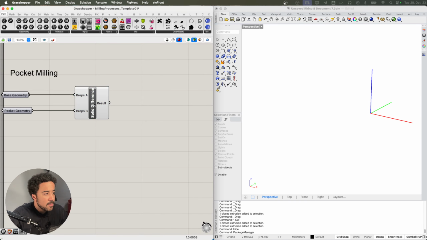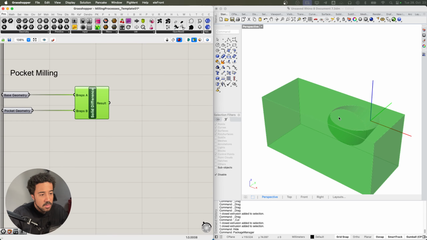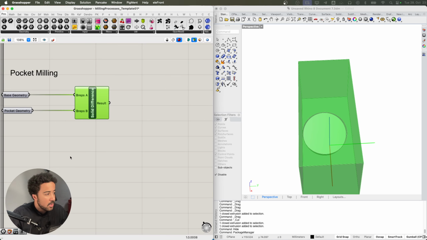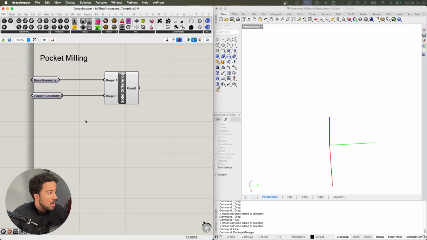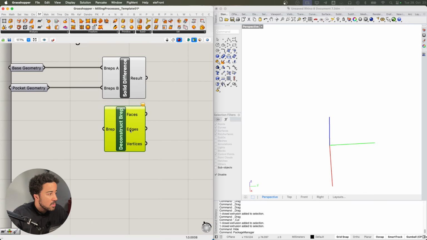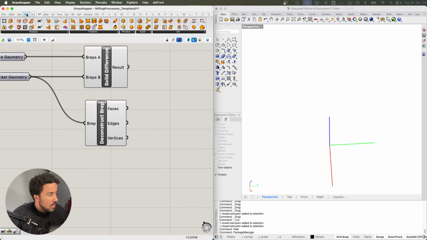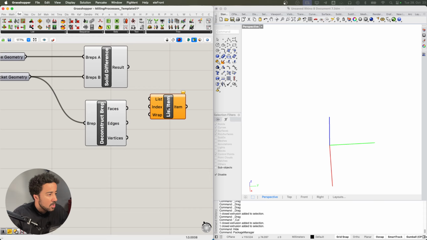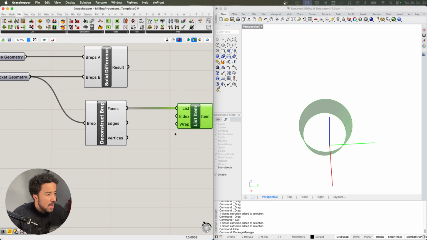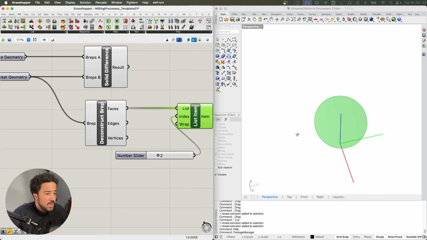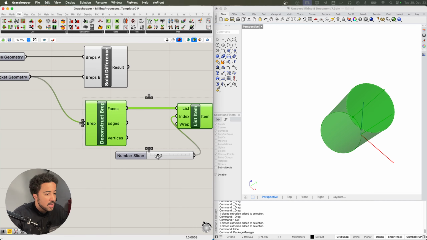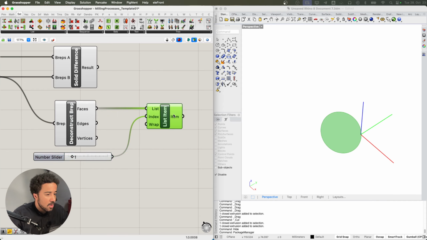So in order for us to find this surface right here, the surface of our pocket that we need as an input, I will use a very simple method, and I will use the deconstruct brep component, use my pocket geometry as an input, and with a simple list item component and a number slider between 0 and 10, I can then simply get the correct face of the brep.